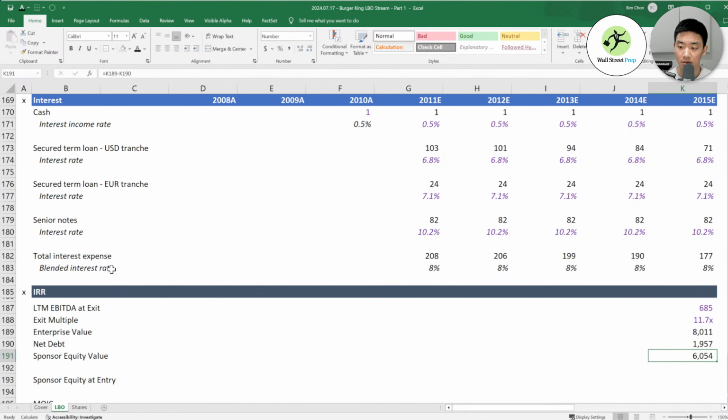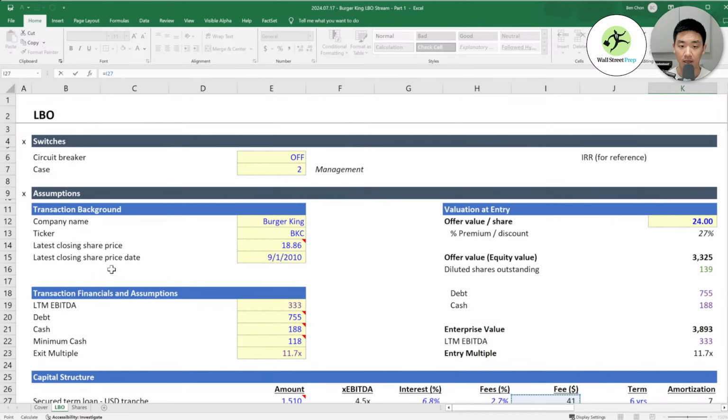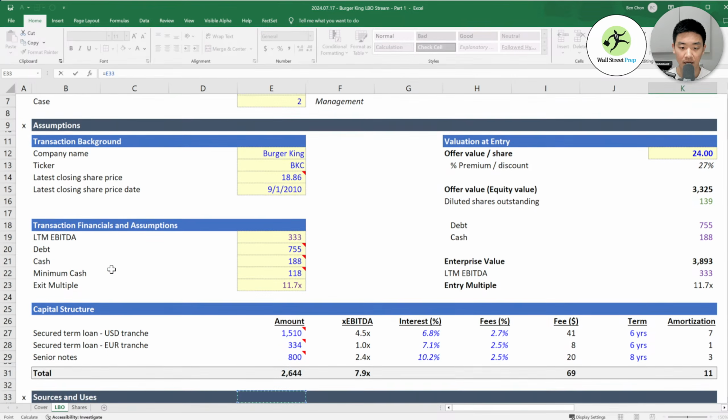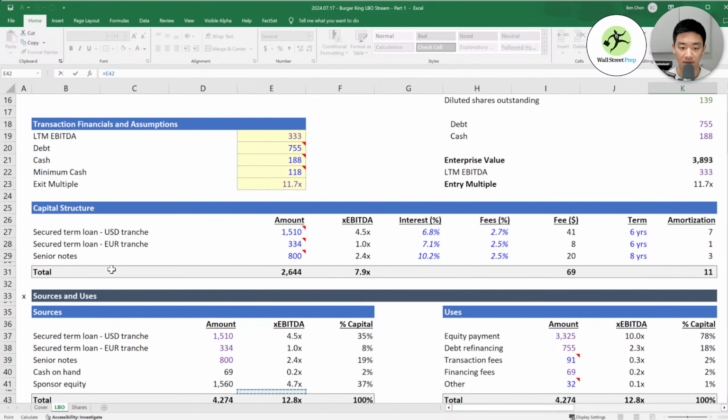Normally, if you project out your cash flow statement and your balance sheet, then you will have a cash balance to subtract from. For us, we'll just make a simplifying assumption and take out that minimum cash. That gets us to our sponsor equity value. And our sponsor equity value at entry is down here in our sources and uses at 1.56 billion.